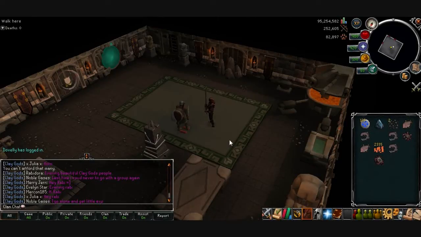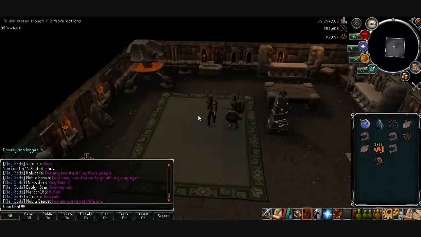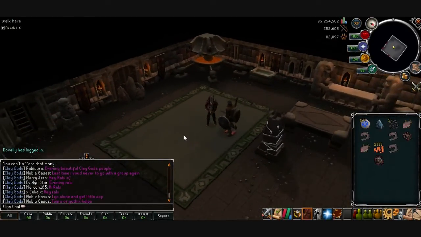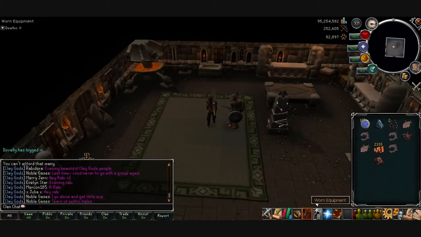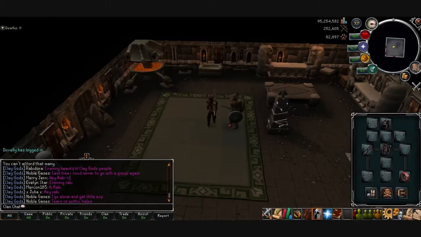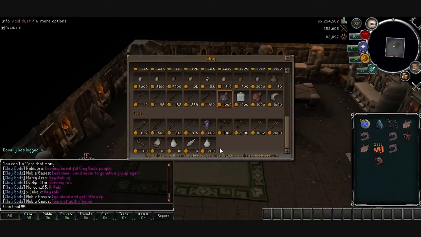What's up, guys? New dungeon update is out, and I'm actually really excited for this one. And I just figured I'd join in a little dungeon here so I can show you guys what they changed. So, to start off, basically the big thing is now, if you trade this smuggler, you will notice there is